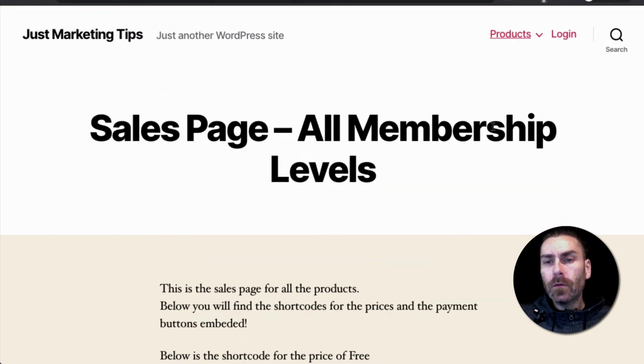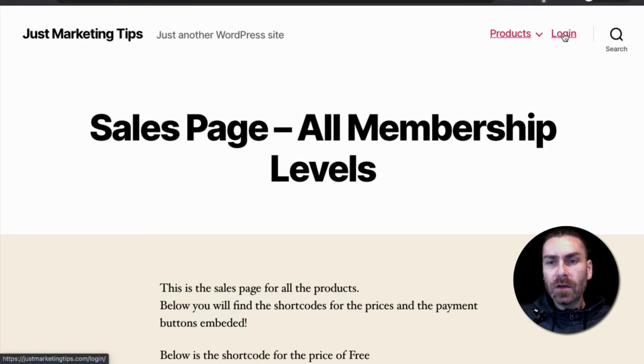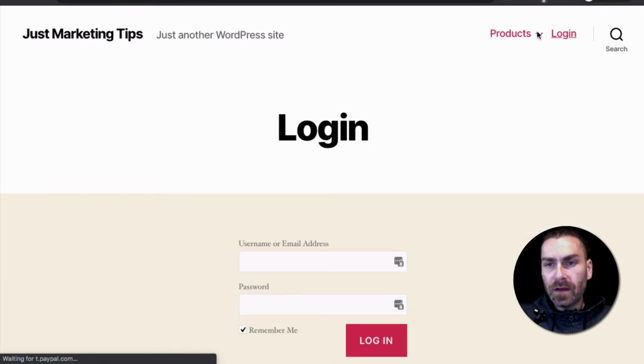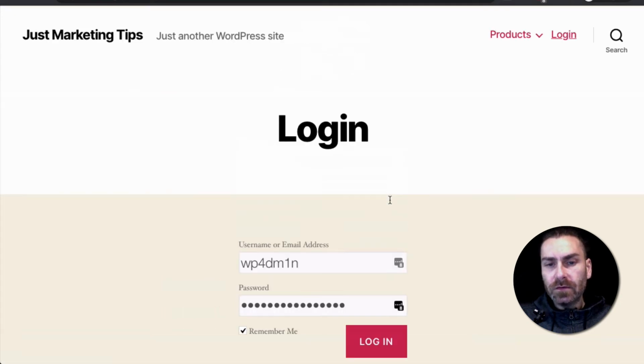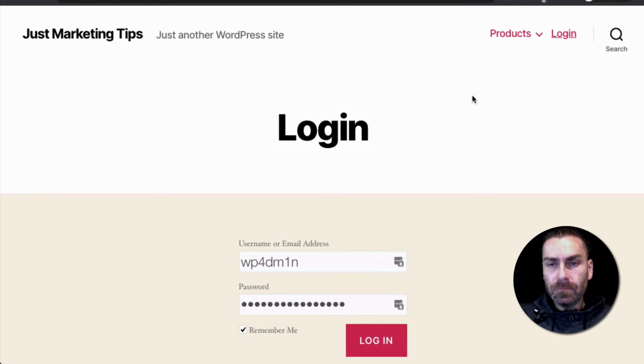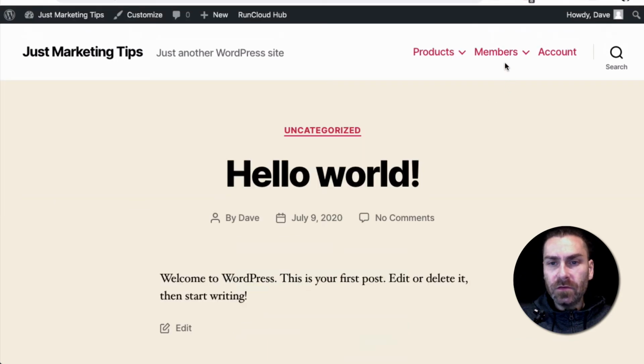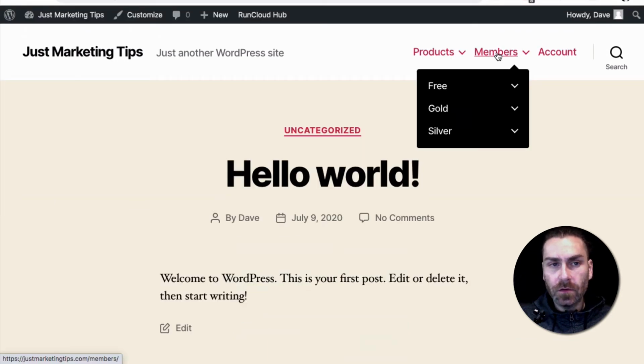And then on the next section here in the navigation, we've got the login page. So the shortcode was added for the users to log in, and then once they've logged in, that page disappears from the navigation. So you can see the login page here. Once they log in, that page disappears from the navigation, and they're going to be taken to the members homepage here. So if we quickly click on this,